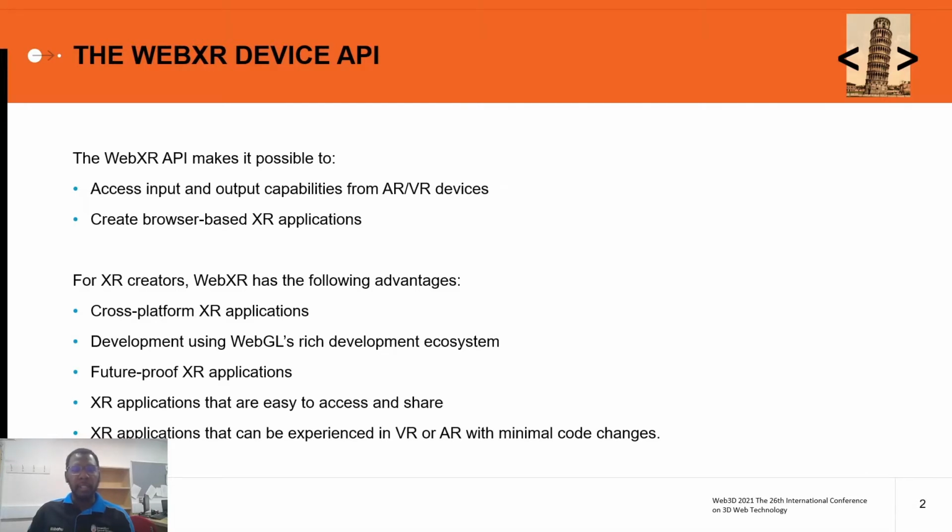So this has a number of advantages both for creators as well as users. I'm going to stick to the advantages that the WebXR Device API provides for creators because that's what the focus of this work is on. For creators, WebXR allows the creation of cross-platform XR applications. So you create a single XR application that can be run on a mobile device or a headset. It also allows creators to use existing WebGL development tools, so things like libraries like Three.js,